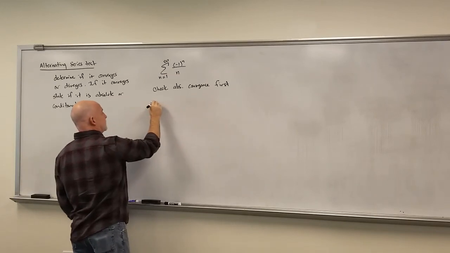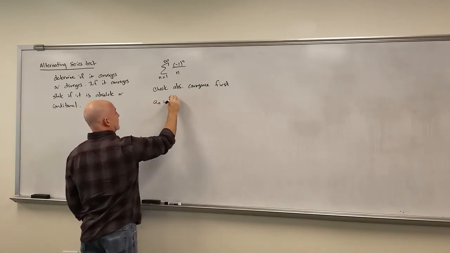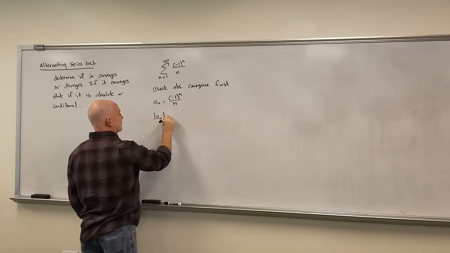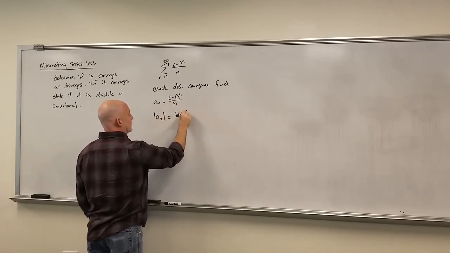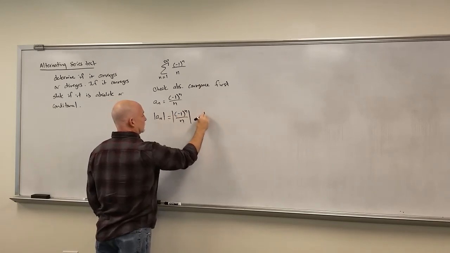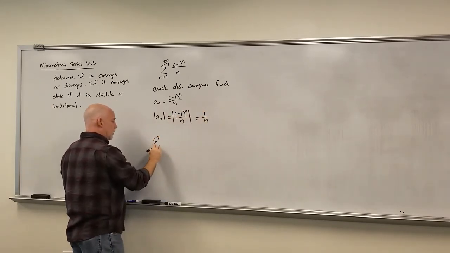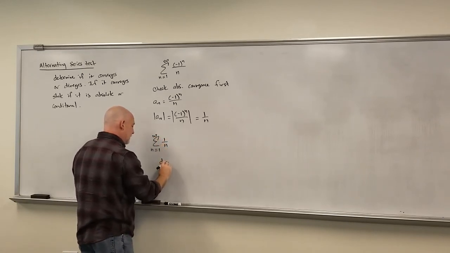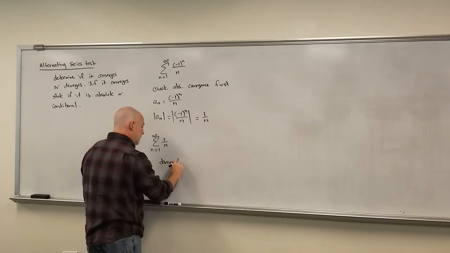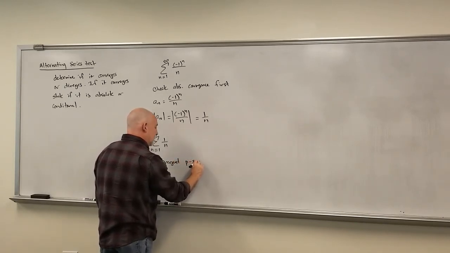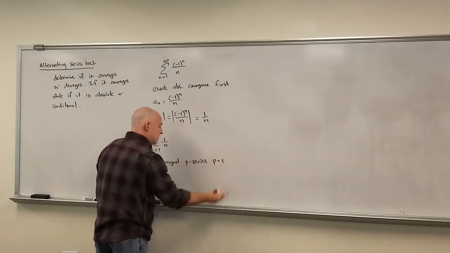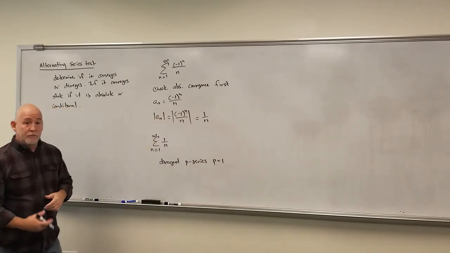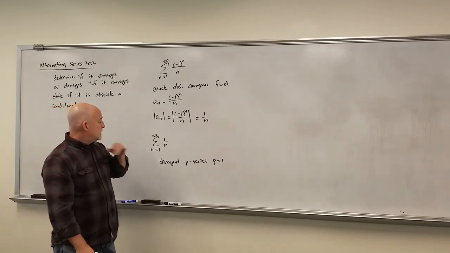So when we're checking for absolute convergence, our a sub n is everything up there over n. So the absolute value of a sub n is going to be (-1)^n over n, which is just 1 over n. So we want to look at the sum n equals 1 to infinity of 1 over n. Well, this is a divergent p series. Here we have p is equal to 1. Okay, so this is not absolute convergence, which means that